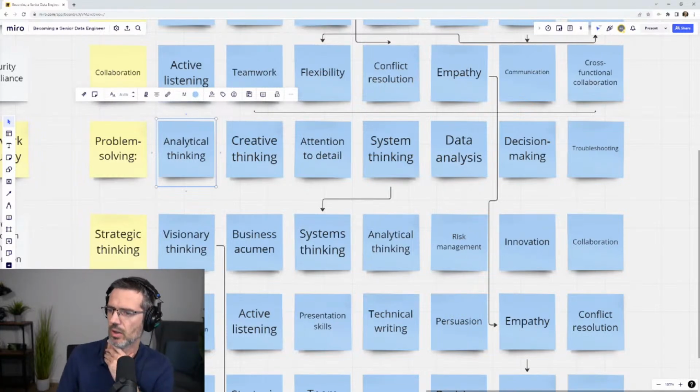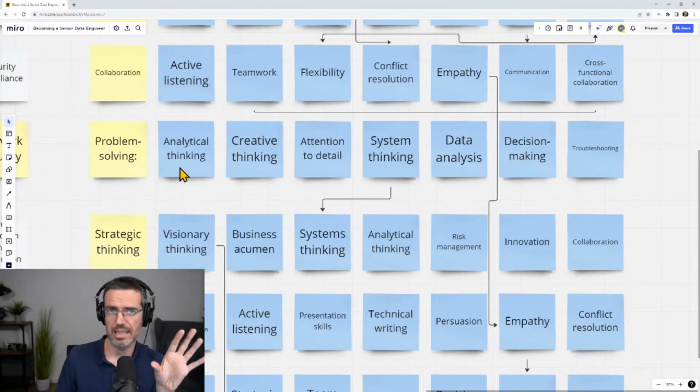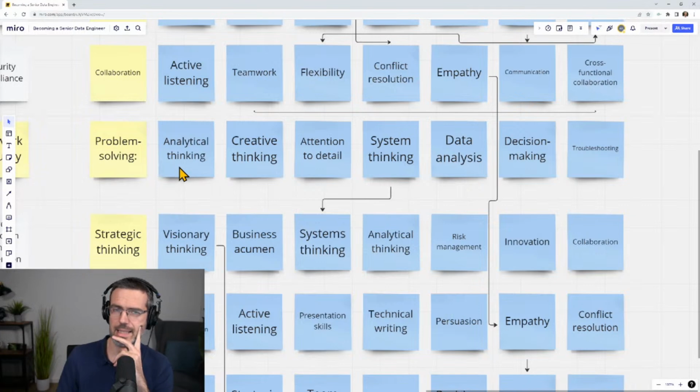Right? So analytical thinking: data engineers should be able to think critically and analytically to identify the root cause of complex problems, which is not always that easy. Sometimes you look at problems and they seem very easy or super hard, and getting to the root cause is sometimes a very big deal.